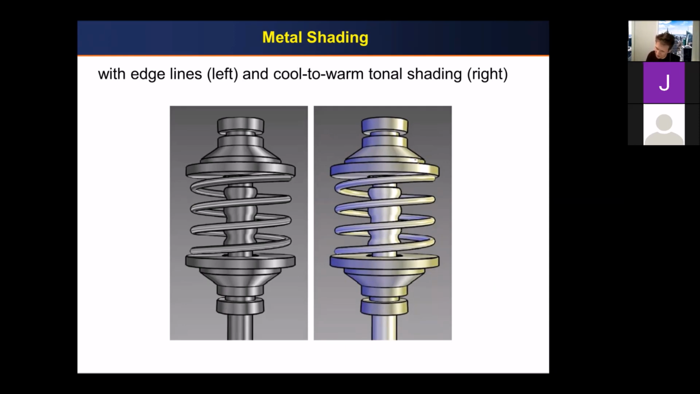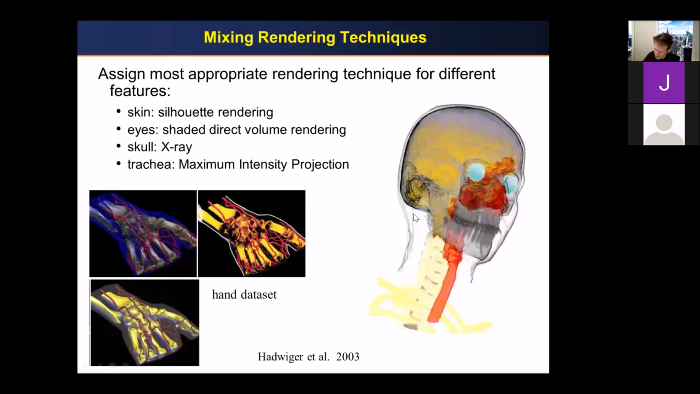like that, right? You can also focus it, and this brings me to the next slide. You can focus your effects on certain areas. You can say the skull I want to render in a certain way, and the trachea and the skeleton I want in a different way. Here, this is what Helwig Hauser and Markus Hartwiger did. They rendered the skull in X-ray mode, and the trachea, where the food goes, with maximum intensity projection, and the eyes with regular volume rendering, and the skin with silhouette